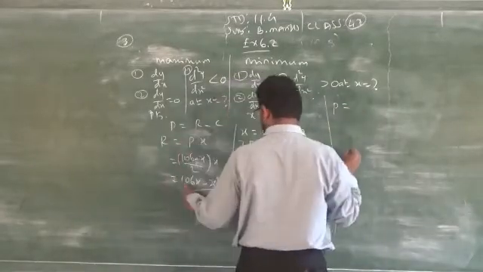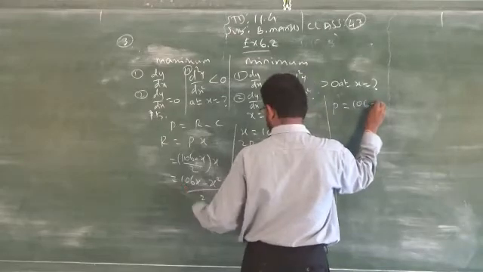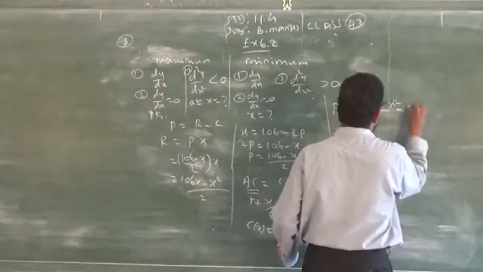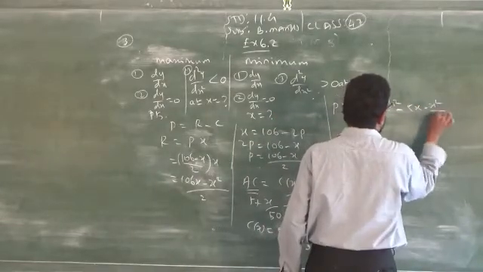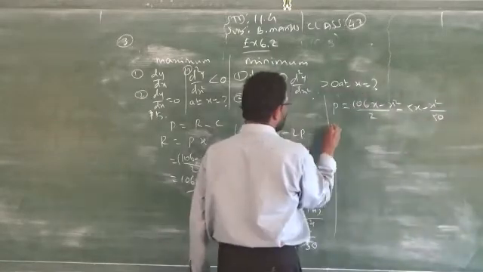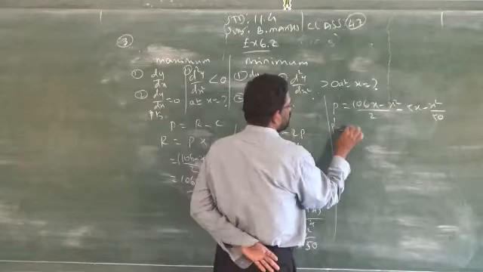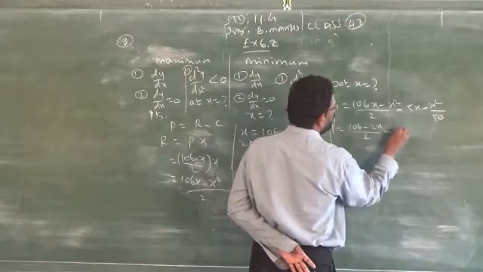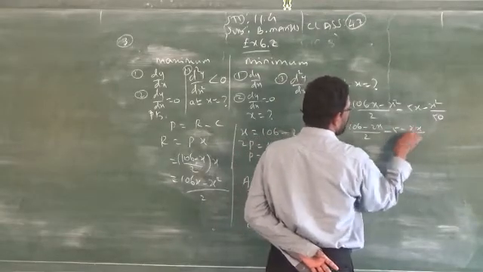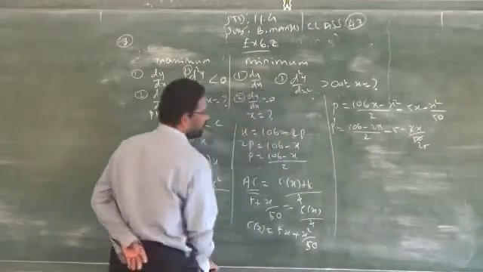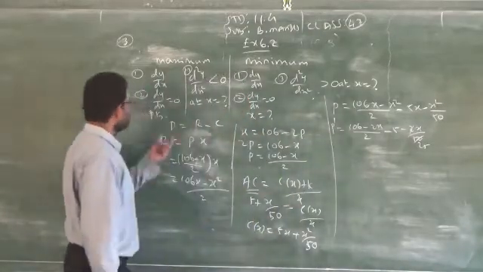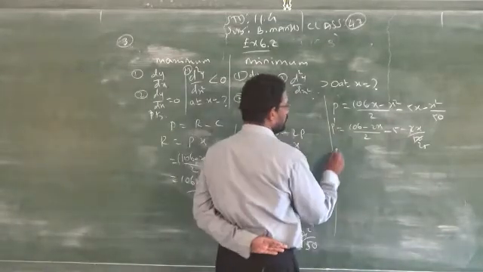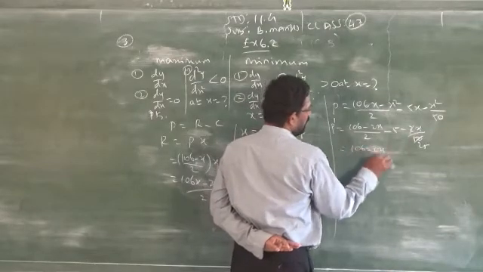Profit is equal to R. R is 106x minus x square by 2 minus, straight away I am substituting the values, x square by 50. So now apply the rule. First order P dash: 106 minus 2x by 2 minus 5 minus 2x by 50. Clear? Just I am substituting straight away these two in this formula, r minus c. So just differentiate, you will get the answer, that is 106 minus 2x by 2